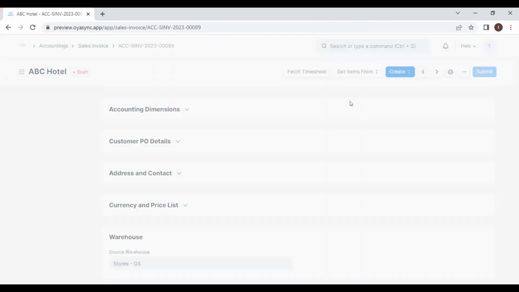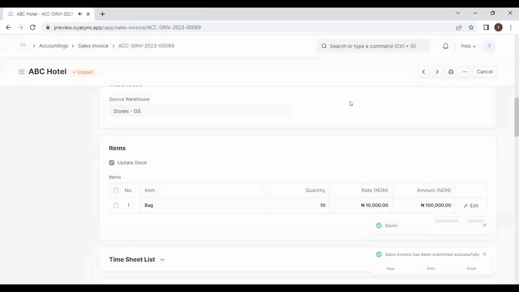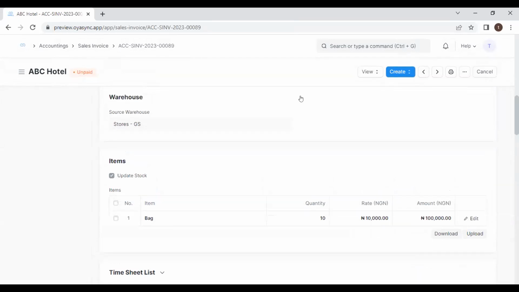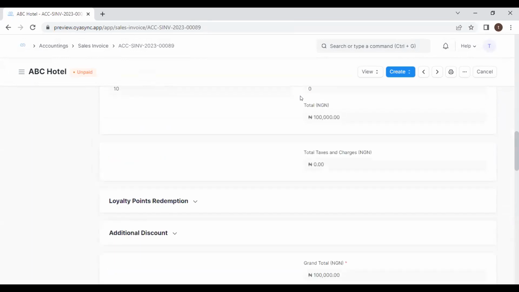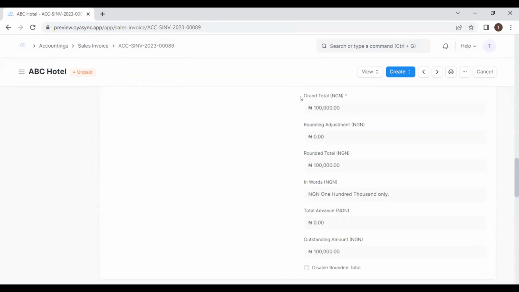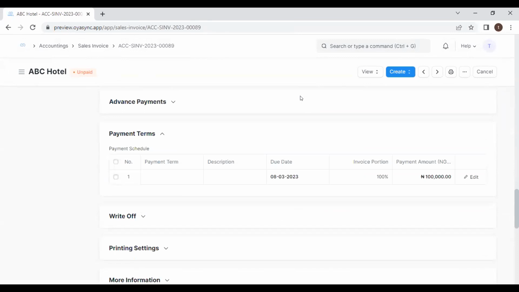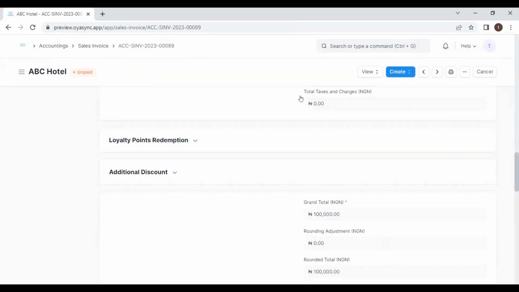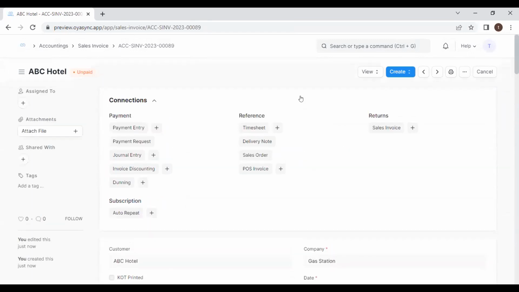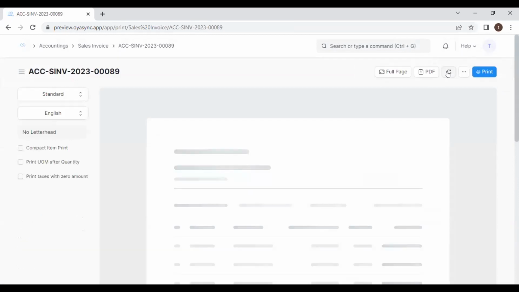So I have completed this transaction. Now, the good thing about the sales invoice is that it is very, very self-explanatory. You understand? Now, I'll just look at some certain aspects and explain them. You can add discounts, so everything is self-explanatory actually. Everything is very, very self-explanatory on the sales invoice. So one thing I want to just show you guys about the sales invoice, you can always print this particular sales invoice. If you click on this print button,